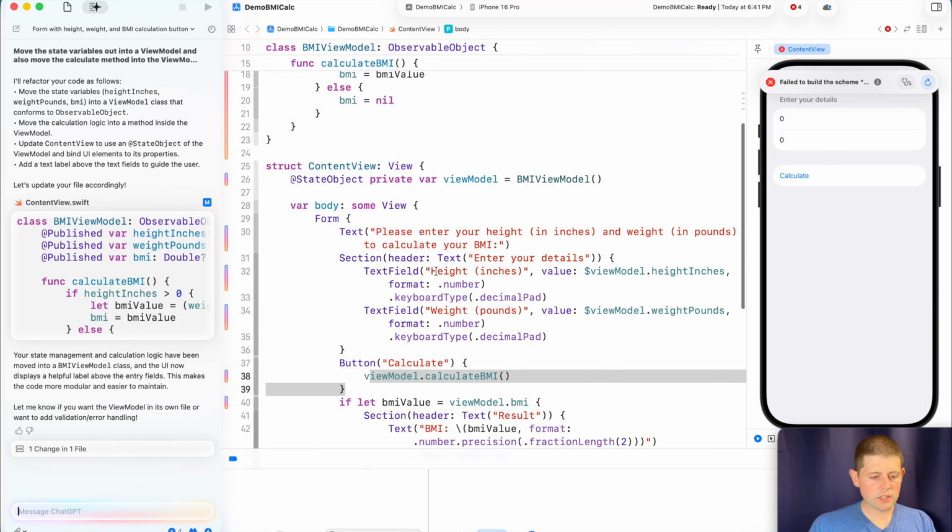Okay, nice. As we can see, it looks like it's moved all that code out into the view model,